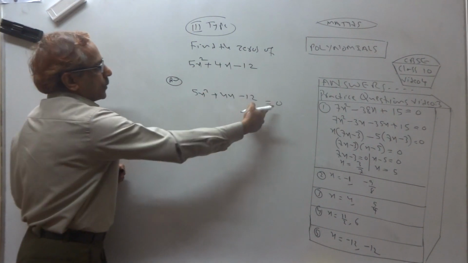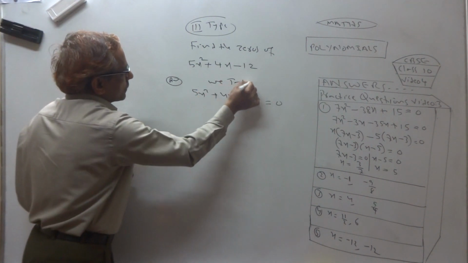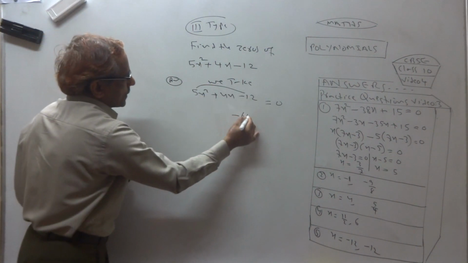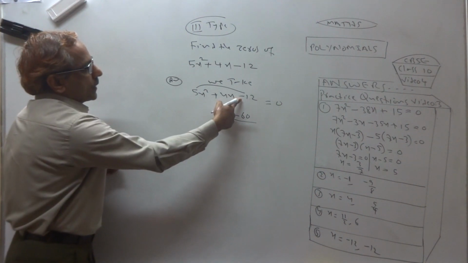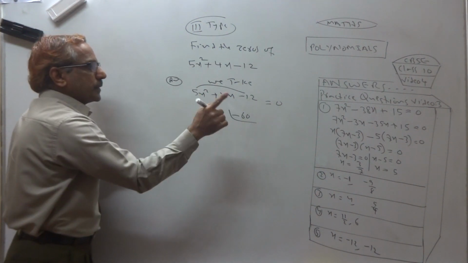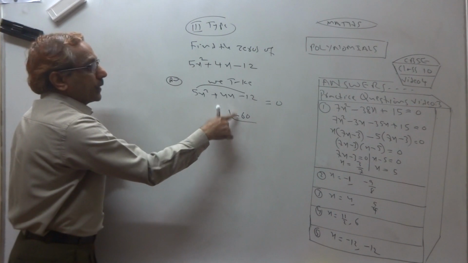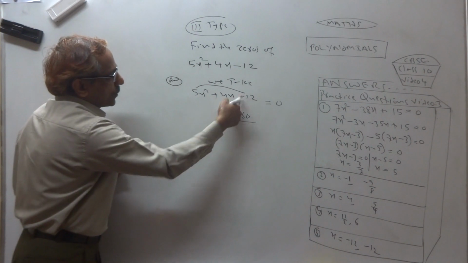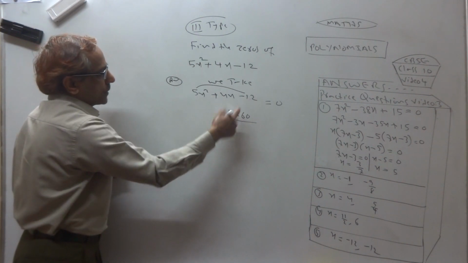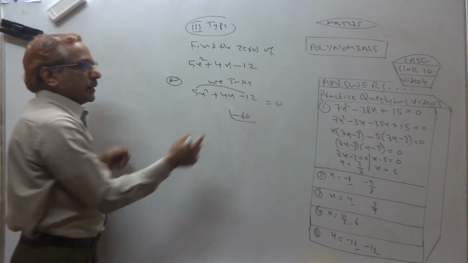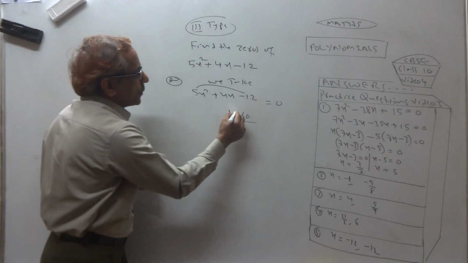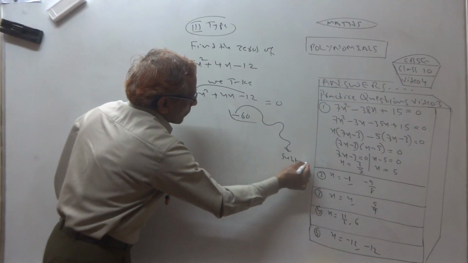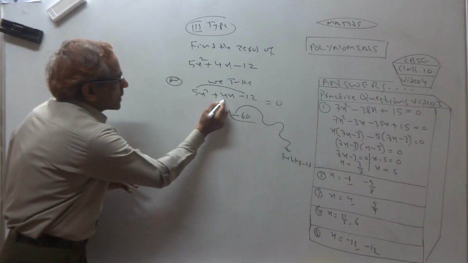First we take it equal to 0. After that we always multiply the first and last number. 12 5s are 60. See, what is the last sign here? Minus. So always the sign is important. You write the sign first. If plus is last, you write plus. If last is minus, you write minus. Minus 12 5s are minus 60. So this minus shows that you should subtract.